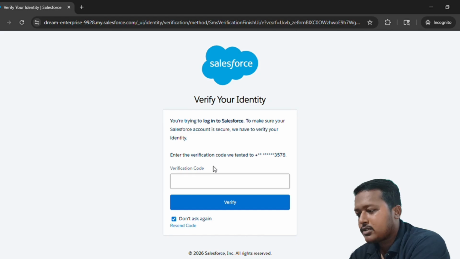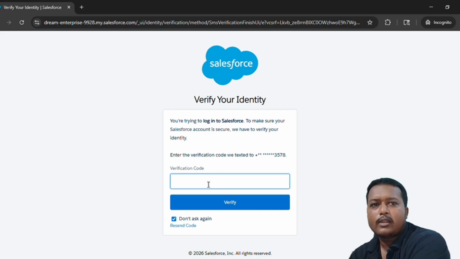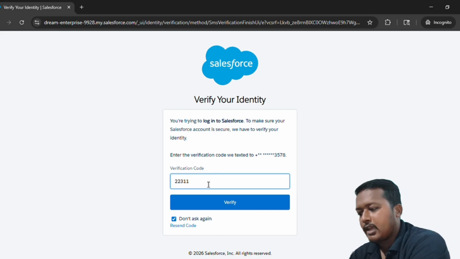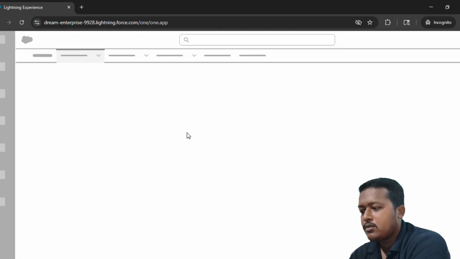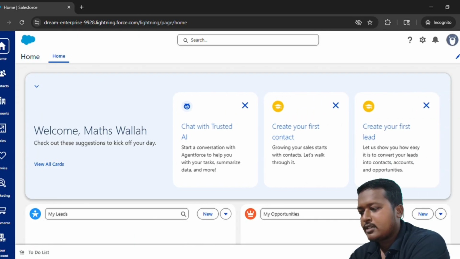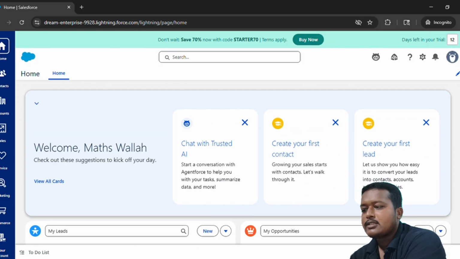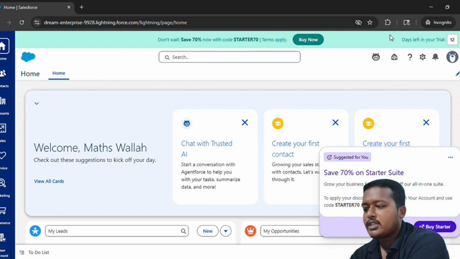You can see we have logged into Salesforce, and again the Salesforce verification code is asked. So we need to enter that. It is asked only one time in Salesforce for each browser, and as I have opened an incognito tab, it is asking again and again for each new tab. Okay. So we have logged into Salesforce successfully. So we have successfully integrated Okta and Salesforce using SAML.